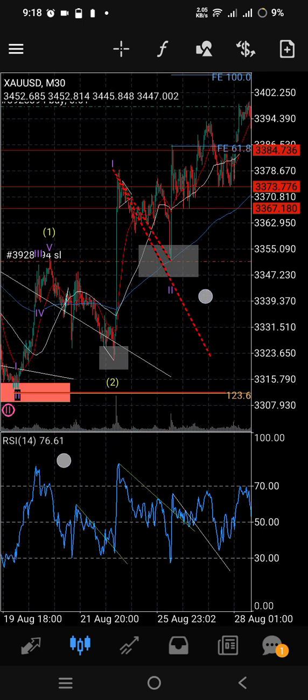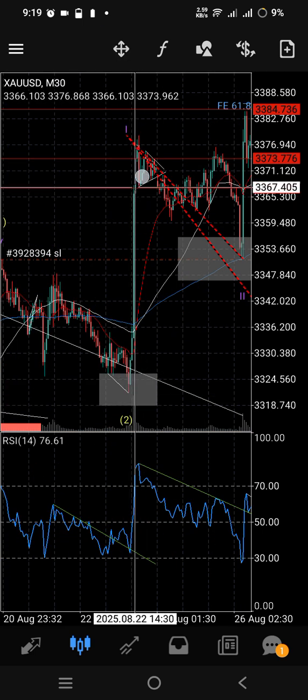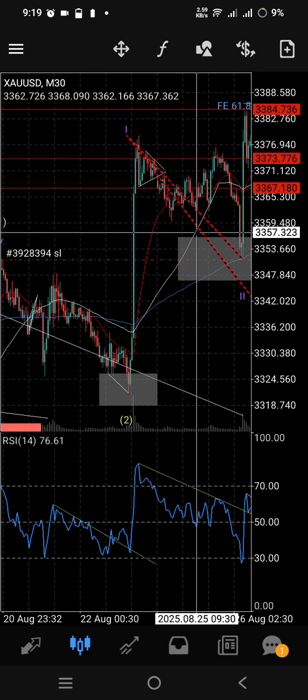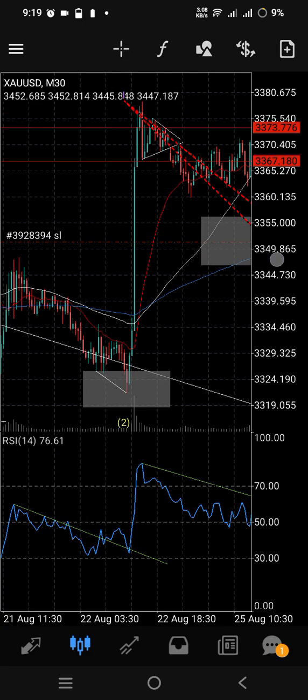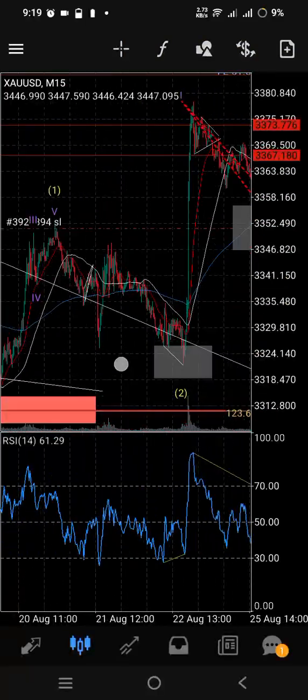Then once we had that impulsive move, I then waited for a pullback, as I knew we would have a pullback. So going down,